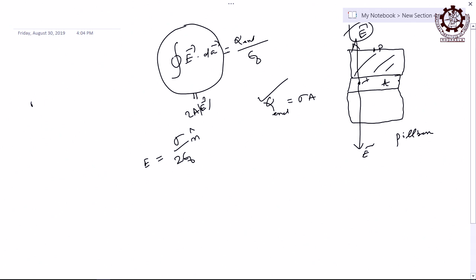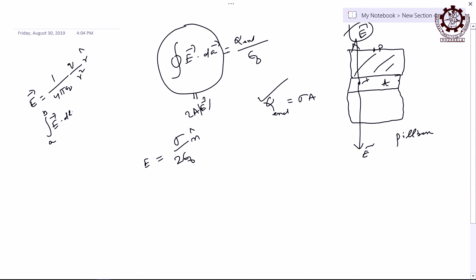What is the value of the intensity in general, how can you write E with respect to charge q? It is 1 by 4 pi epsilon 0 times q by r square times r cap. This is the electric field intensity, telling both magnitude and direction. Now if you go for spherical polar coordinates, you cannot do it in Cartesian coordinates. Let us say you are going from point A to point B, two points in the field. Then what will be the line integration?